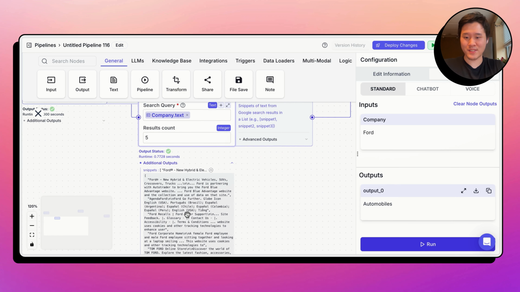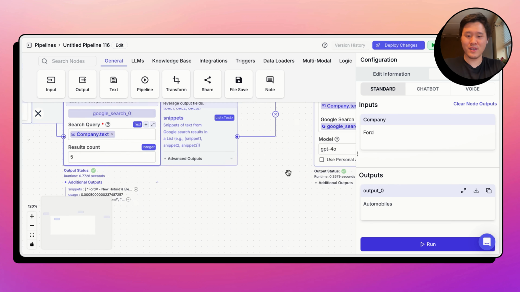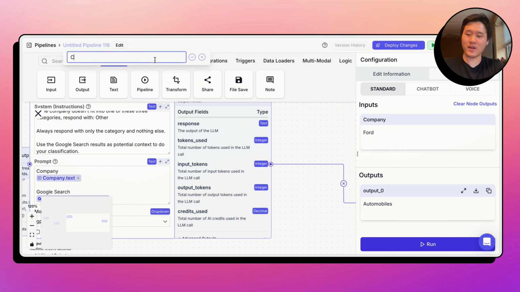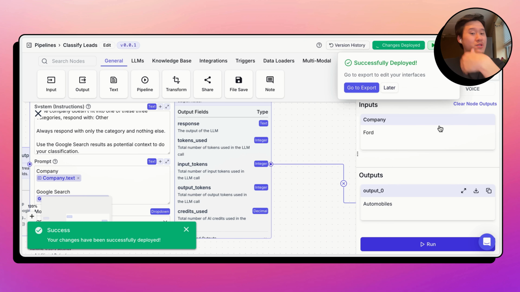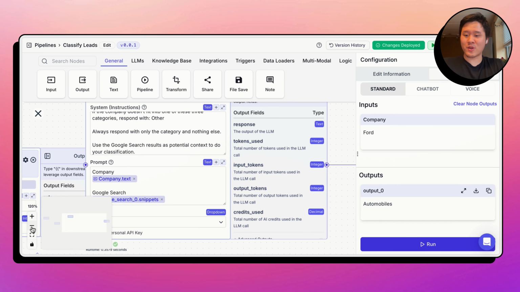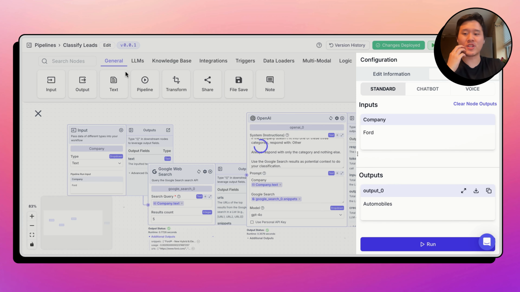So for example, the snippets came out with some information about different types of cars Ford might have. This could be very useful in actually doing the classification. And it looks like we have successfully built this classification pipeline. Let's call it classified leads, and make sure to deploy the pipeline so that we can actually use it in another pipeline. So now we have to go and create another pipeline that can call this on repeat for every item on a spreadsheet. Let's go back to the pipelines page,